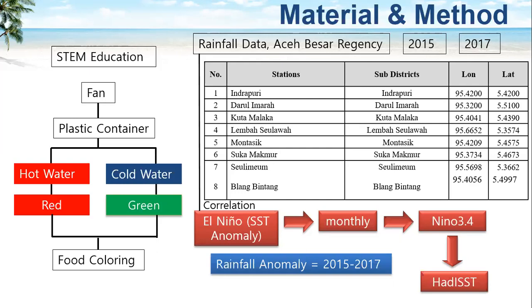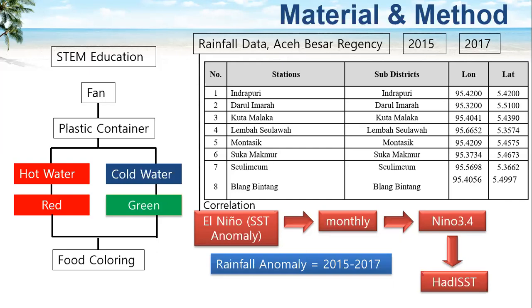For STEM educations, we only need this to investigate the reductions of rainfall during El Nino, because if El Nino is strengthened in the Indonesian archipelago, it might affect Aceh as well, in the far west of the Indonesian maritime continent. Even though sometimes we do not suffer from El Nino because our location is in the far west, in 2015, we suffered from El Nino because